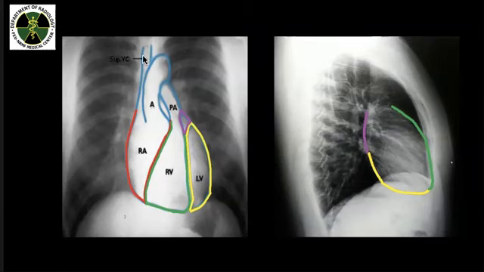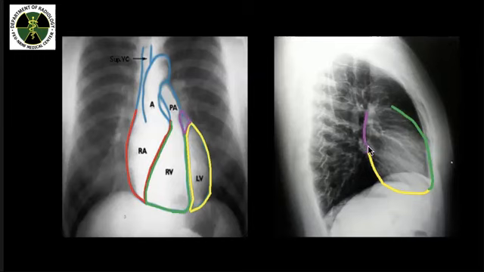In here, that's the area of your SVC, superior vena cava, right atrium, right ventricle. This is the area of your aorta from the root, ascending, transverse, and then your pulmonary artery in here. Then this is the area of your left atrium and then the left ventricle. Take note that your left atrium is not your border forming in the left. You can see your left atrium better in your lateral view.